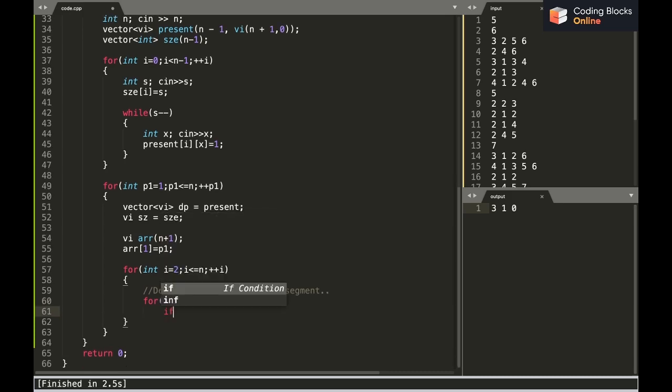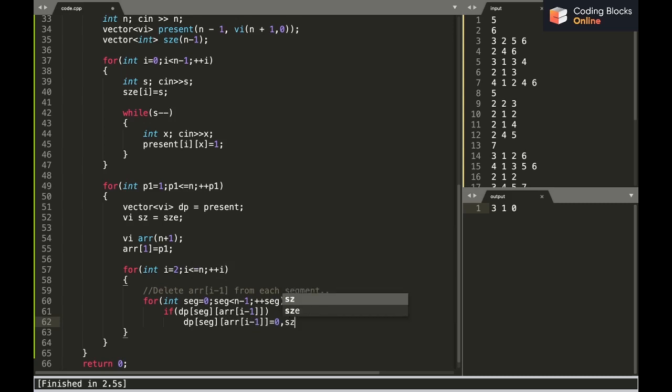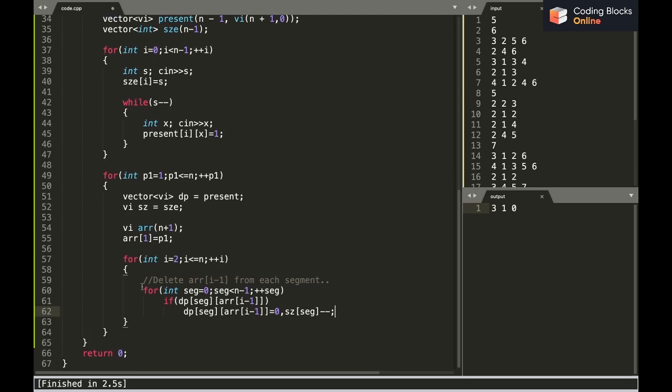If dp of seg, ARR I minus 1, so I'll say dp of seg ARR I minus 1 equals to 0 and size of seg minus minus, right? Now I have deleted, by this point deletion is done.